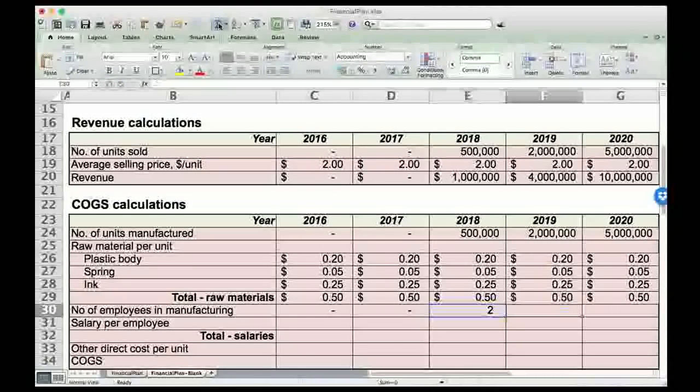So let's say it is 2, and let's say 4 people in 2019 and 9 people in 2020. And let's say the salary per employee is $50,000,